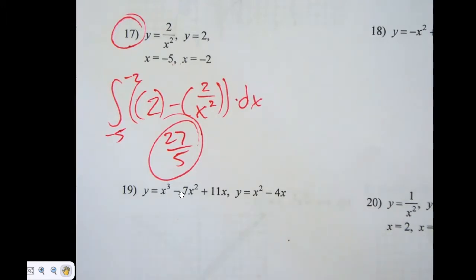So you plug in the small number and then the big number, right? The left hand and then the right hand. Yeah, it's lower than higher. So then you got the negative. Yeah. Which I think is what I did in the last problem too. Okay. How many have 27 fifths?